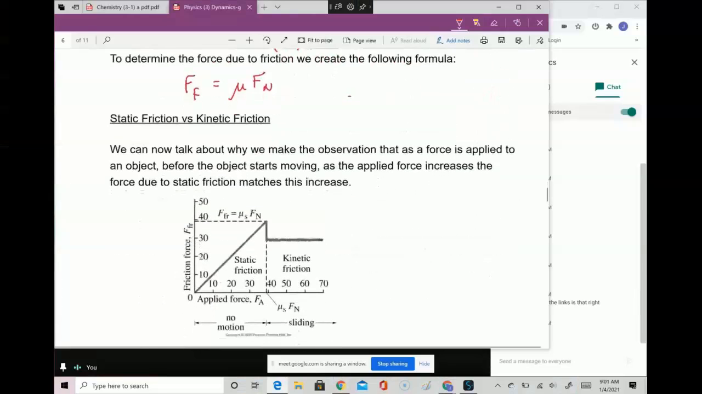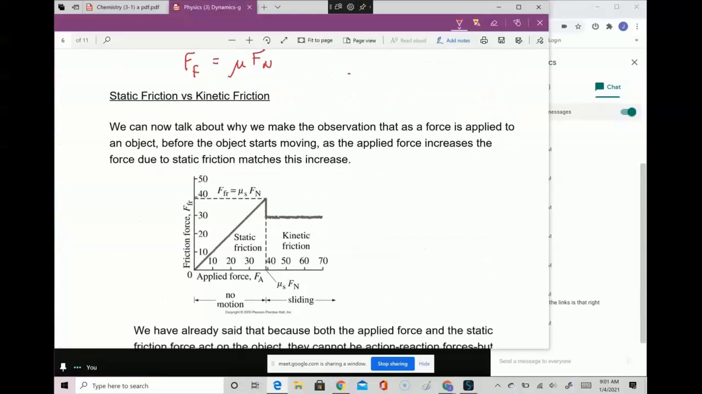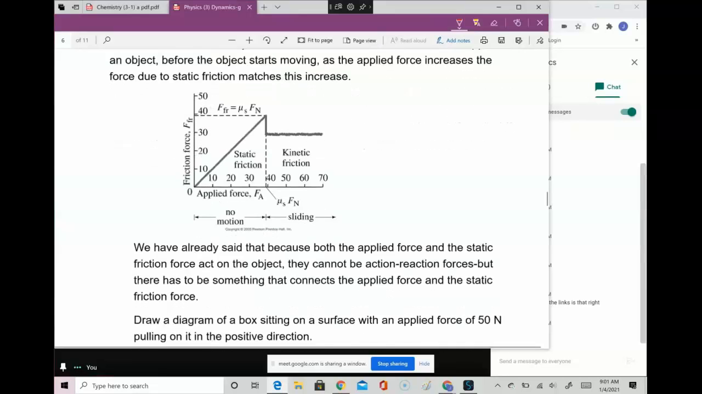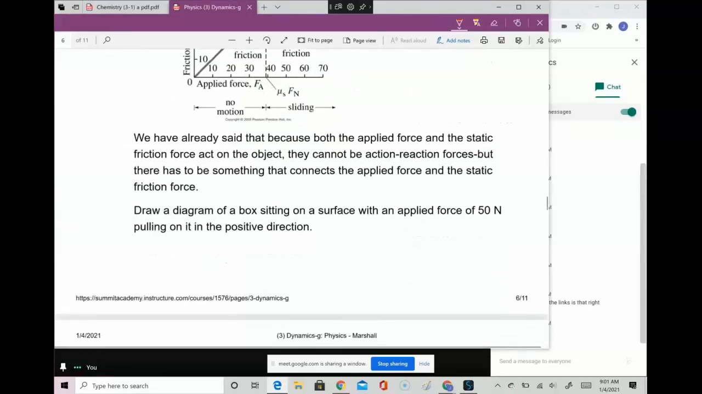Just real quickly, we can now talk about why we observe that as a force is applied to an object before it starts moving, as the applied force increases, the force due to static friction matches this increase. We need to figure out why this happens. Because both the applied force and the static friction force act on the object, they can't be action-reaction pairs. If I've got a box and an applied force,